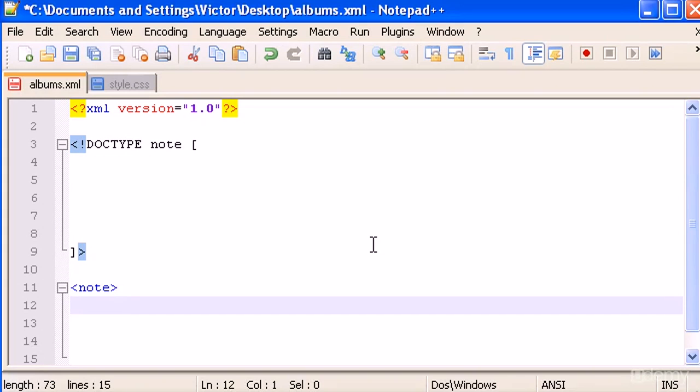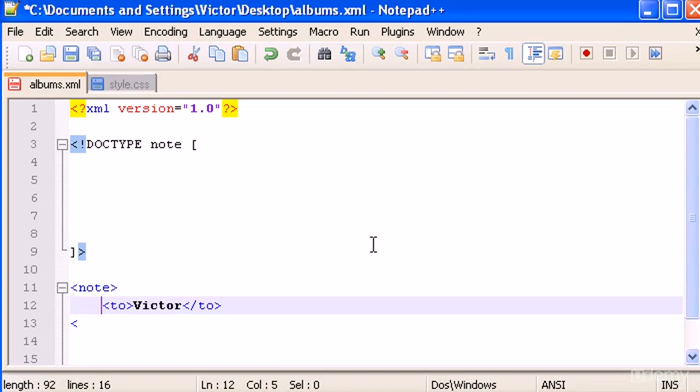If it's not parsed, it's because it's not correctly done, or it's CDATA. Okay. So let's type note,